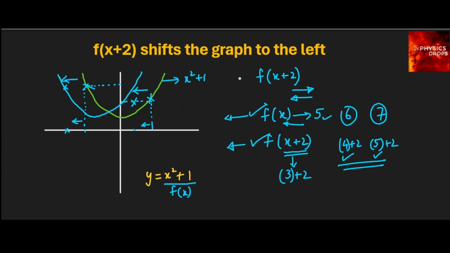So you see that when we do f of x plus 2, the graph actually shifts to the left and not right. Same way, intuitively, if we work out for f of x minus 2, the graph would not shift to the left. The entire graph here would shift to the